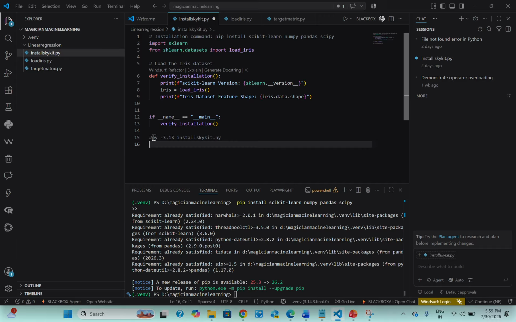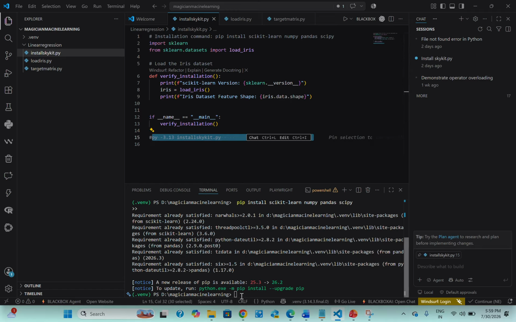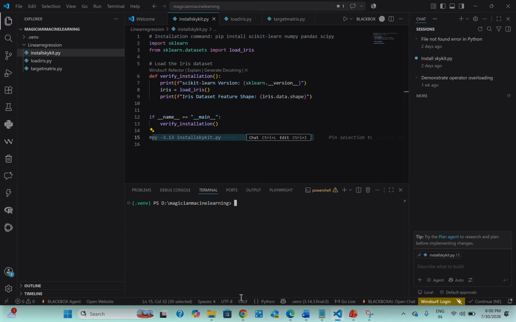execution will start. Now, as I have completed my coding, I would like to run this code in my terminal. Before that, we have to save this program and then write a command starting with py.